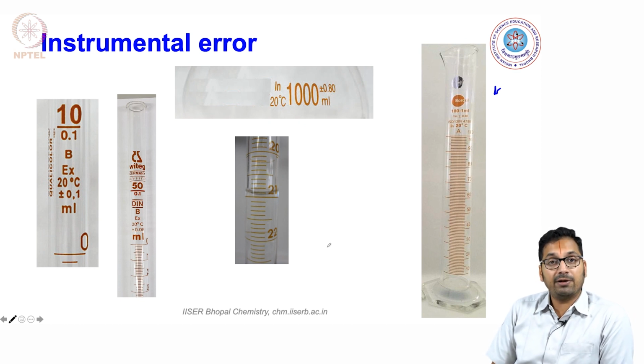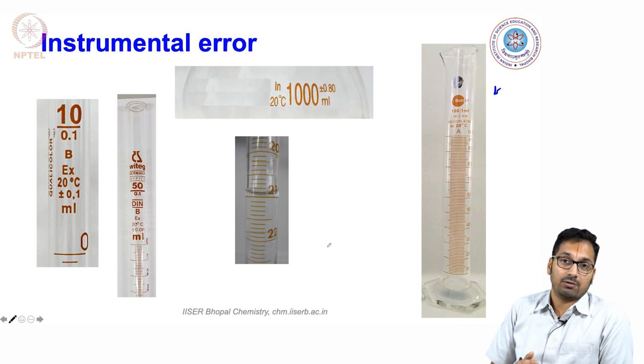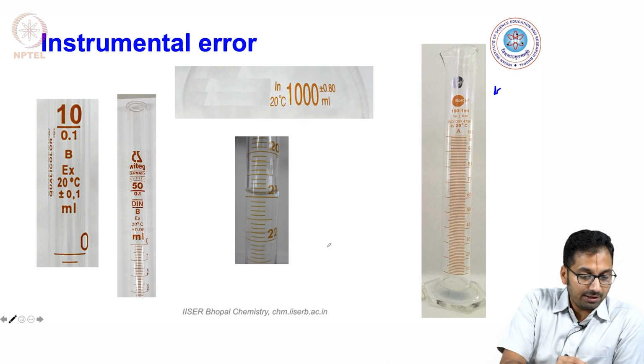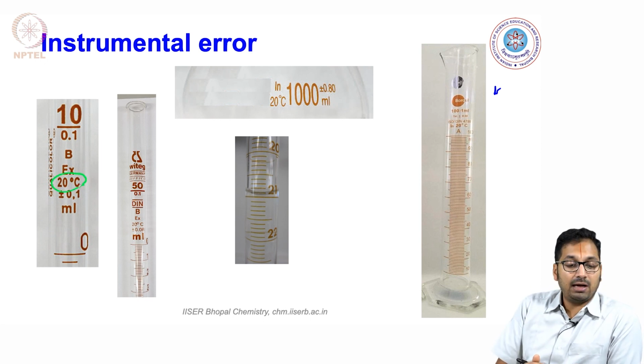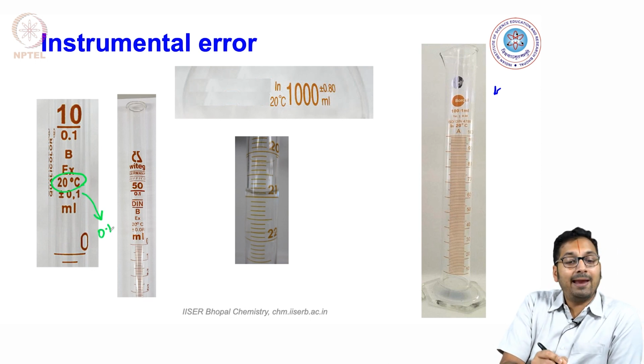As we just saw in a simple example, when you are titrating oxalic acid versus sodium hydroxide, you are able to realize that just the glassware results in some error. Here in this slide I am showing some examples of that. In this case, you are able to realize that this glassware is optimized to work at 20 degrees Celsius, and the standard deviation associated with that would be 0.1 ml for this given glassware.